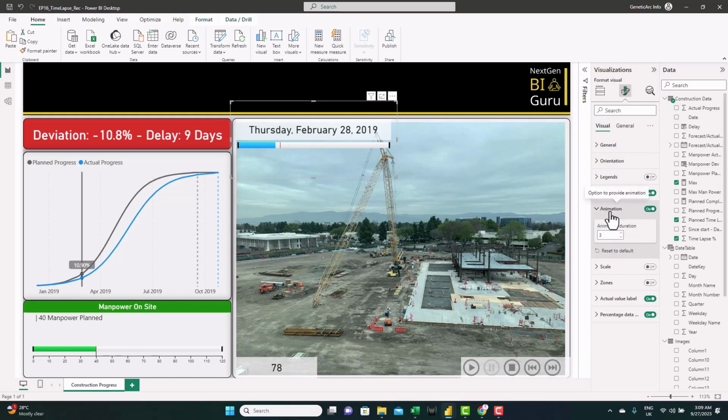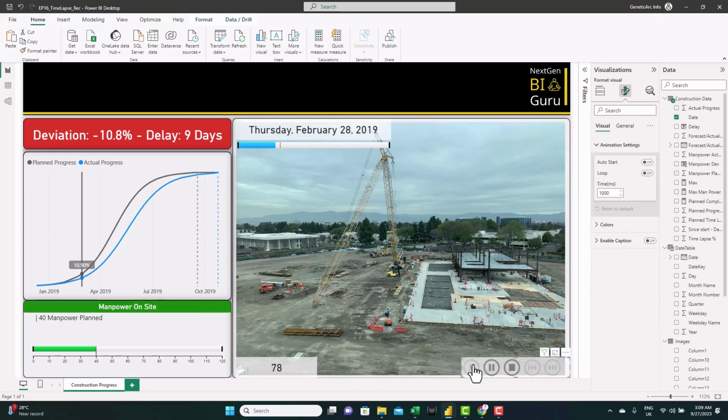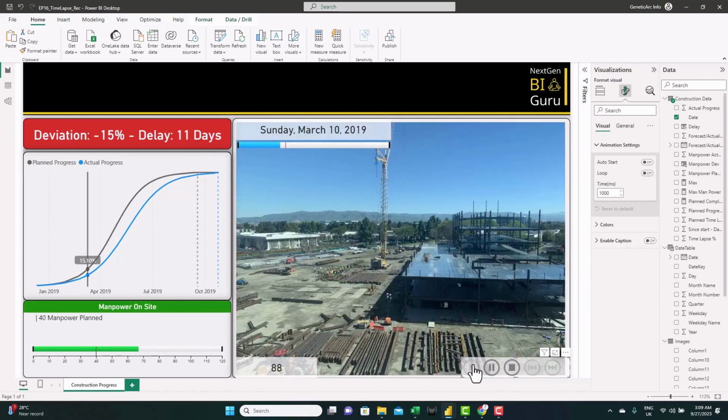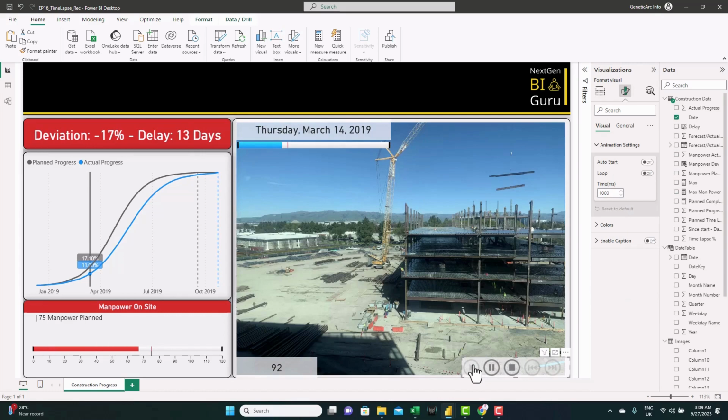So in the animation tab here, from visual animation, let's make it 0.5 second. And make this also 0.5 second. This way it will always update properly with the slicer. So now our dashboard is ready. Let's test it now. And we can see everything is working as expected.